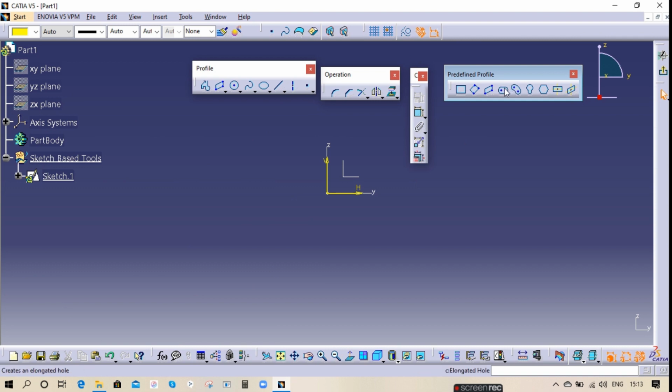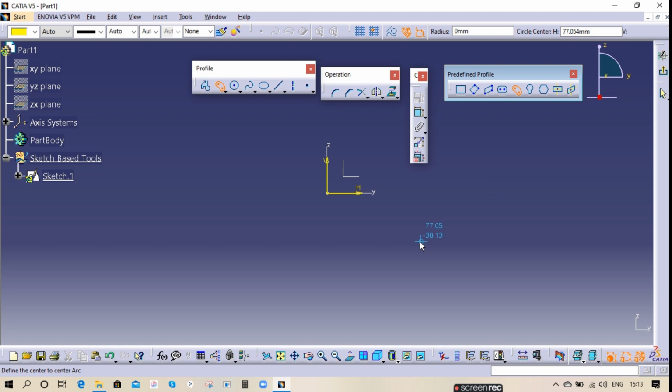Okay. So now the next one is the elongated hole. If you want to make any elongated hole, you can directly pick this option and give the dimensions, all these lengths, right here itself. This is how the elongated hole works. And this one is the cylindrical elongated hole.